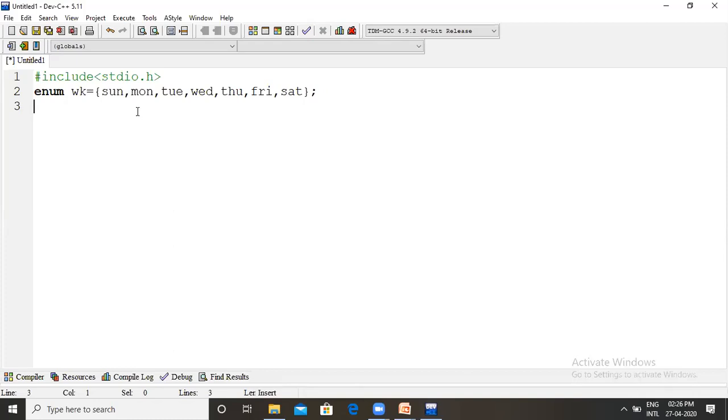Here, week is a data type. What is the data type of the week? How many members, how many fields are there? Seven fields are there. So for all the fields, week is the data type. If we take week, we are accessing 7 fields. Here we are not declaring any integer, float, or string. Directly, we are declaring weekdays. Like that, months also we can declare.